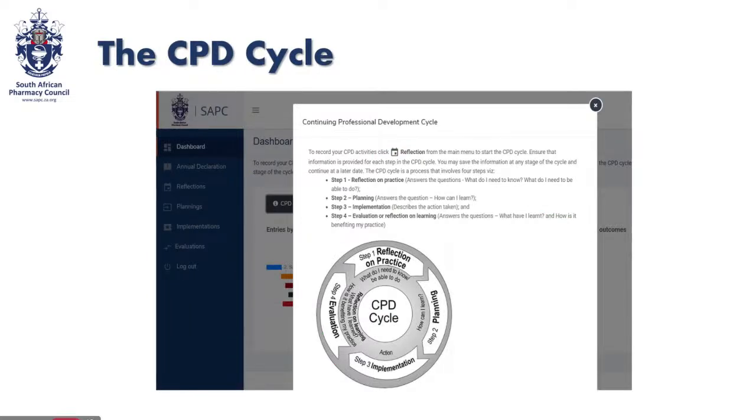Okay, so once you are done with the annual declaration, there are the 4 steps of CPD. I hope you have seen them before as students. They are exactly the same: the reflection on practice, planning, implementation, and evaluation or reflection on learning. So once you are declared as practicing,